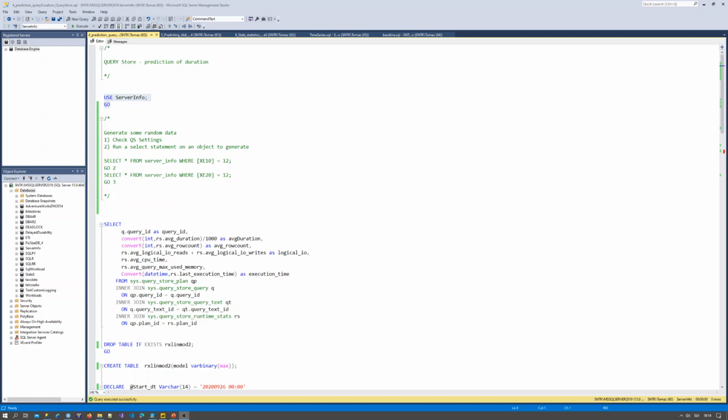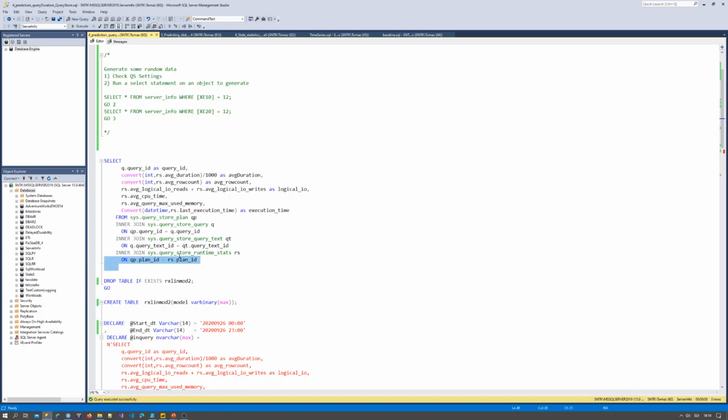So in SQL Server, I will use a couple of examples just to show you what Query Store can be used for. So this will be the plan and the Query Store usage of statistics, with which I will then feed the data into my prediction model.